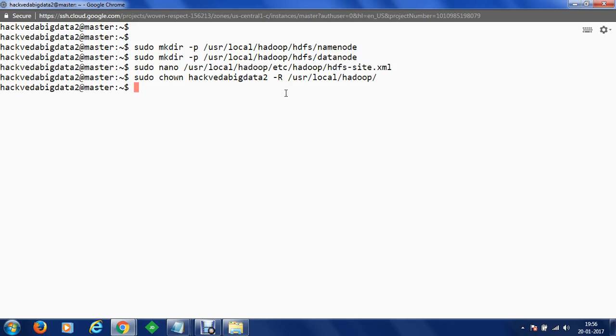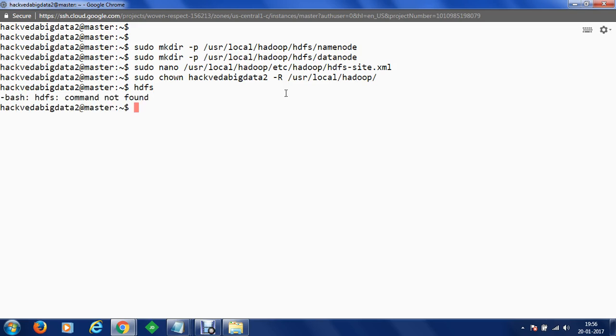Now once the installation is done, we need to restart our machine so that we can execute the bash exports, the environment variables which we have set, and then we will be able to run our HDFS command. At the moment, before restart, if I execute something like hdfs, we don't have access, because it says command not found.